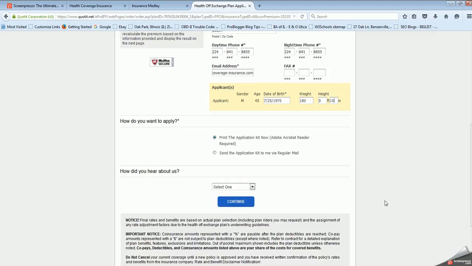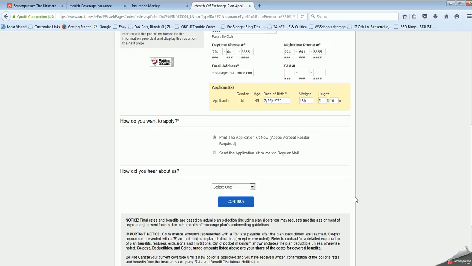Now you will get two options in getting your application. Getting it by mail will take longer, but you can actually prep to print it via Adobe Acrobat Reader. This way you can print the plan and fill it out the best you can. If you have any questions, we will be following up with you after we receive the actual notification that you've picked this plan. So we'll give you a call, but you can call us as well. We'll help you fill it out. You can just email it back to us, and then we can send it over to the insurance carrier and get it processed and get you going.